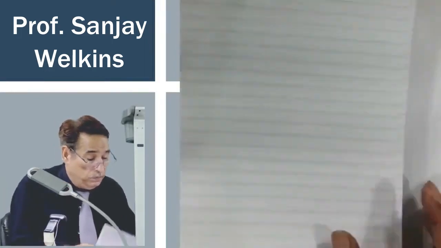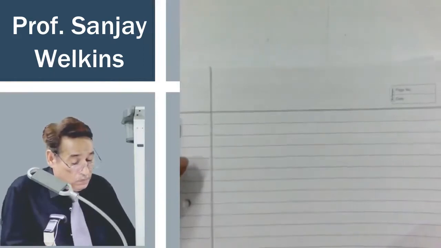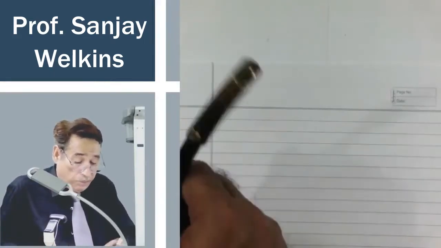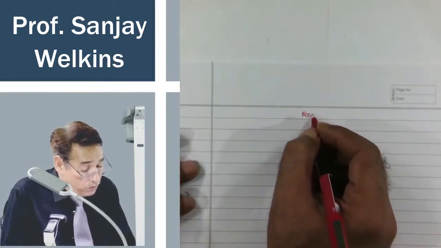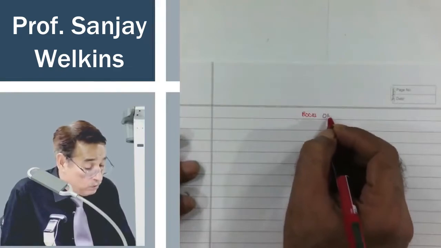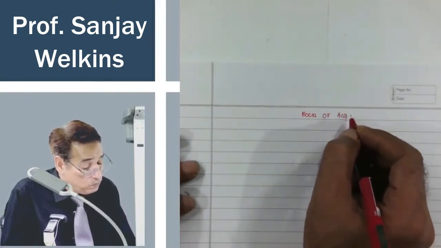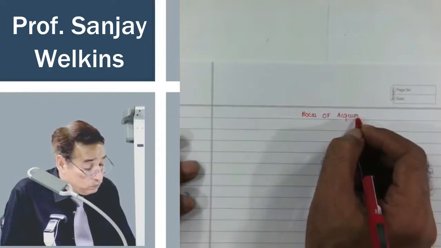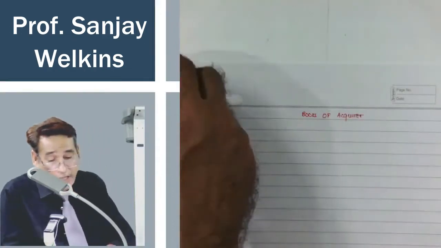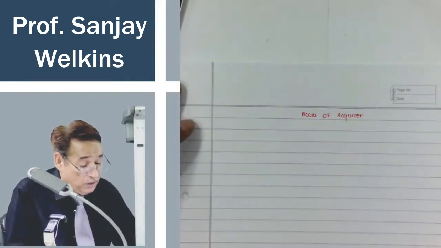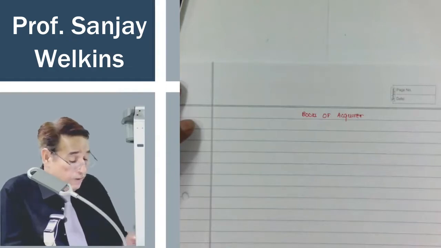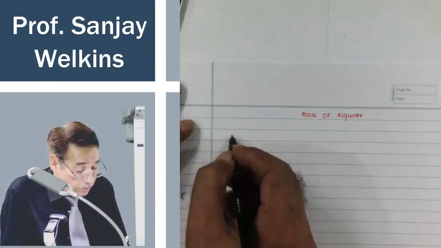Now, books of acquirer. As far as books of acquirer is concerned, you have to be careful that in this case, you will have to first of all pass the entries with respect to all assets taken over. Correct? First entry will be,